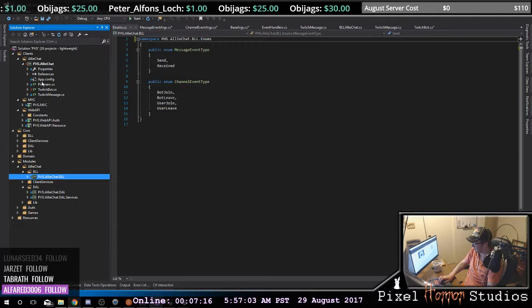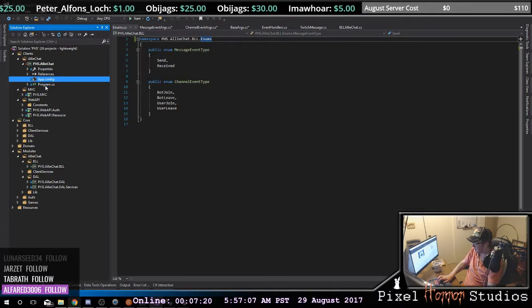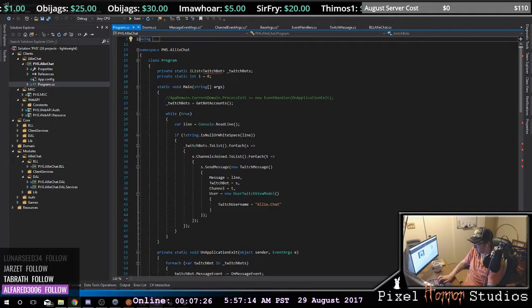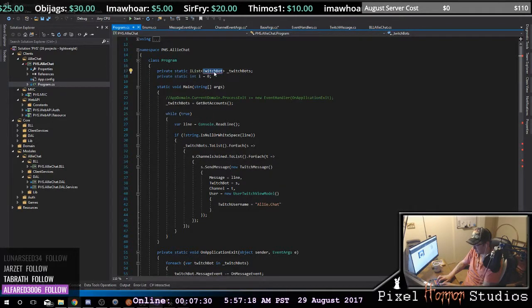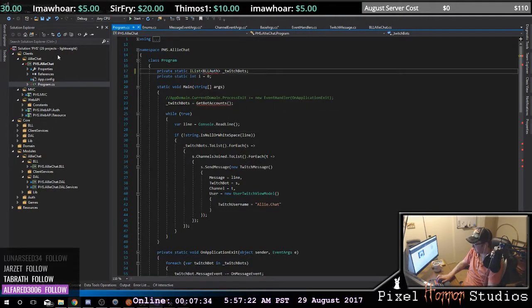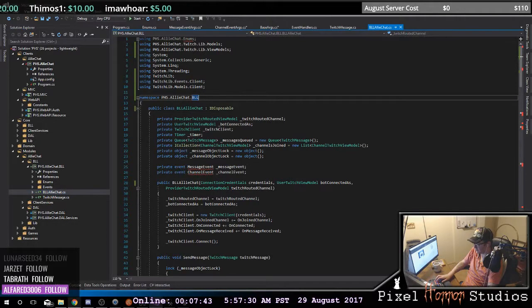That means that over here, you no longer need these two. Your program is going to have a Twitch bot here, which is now called a BLL auth, right? I should definitely be using dependency injection if I can. I'm not really going to, but I'll be using the principles behind it. So in the BLL, we want to